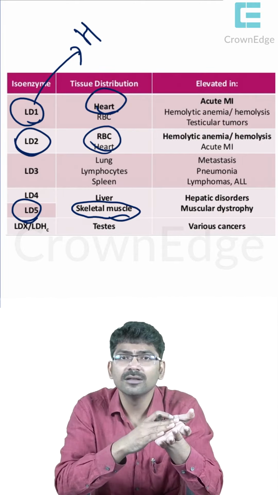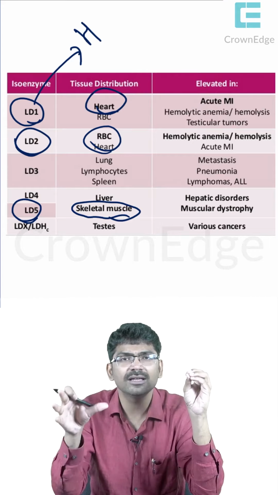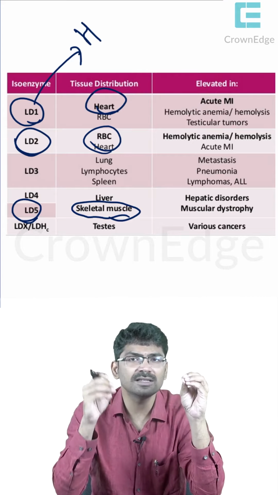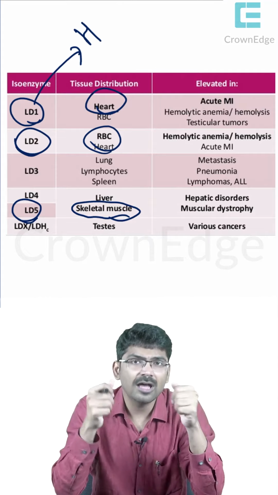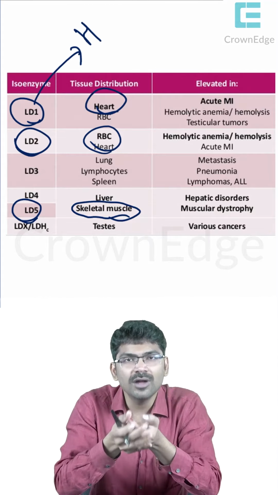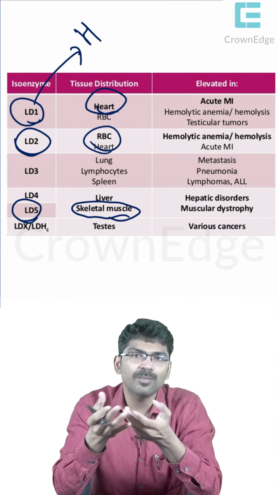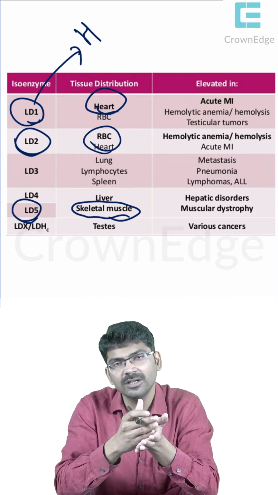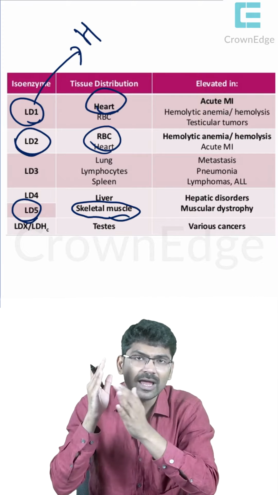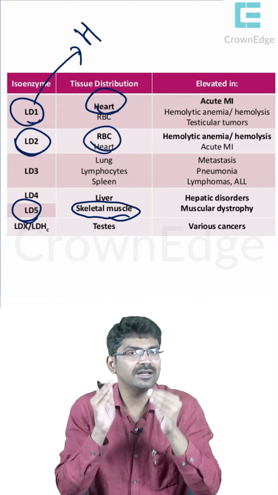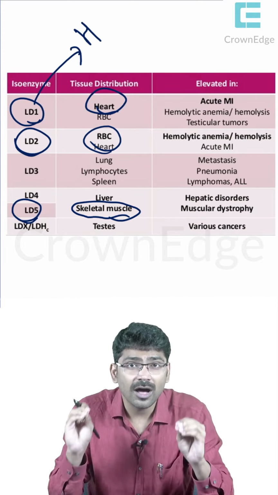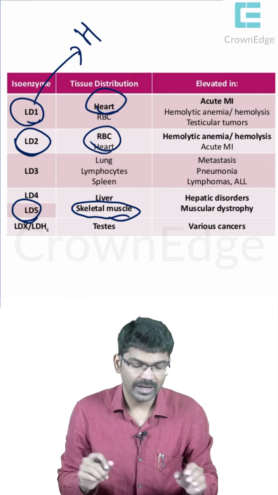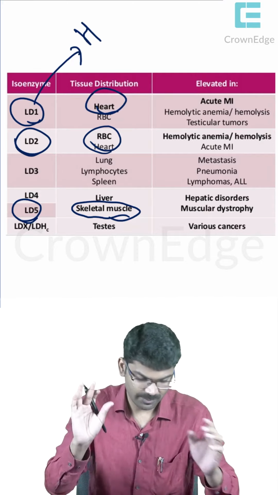In erythrocytes, glucose is converted to lactic acid only. We cannot produce acetyl-CoA in RBCs. Why? RBCs do not have mitochondria, so there is no pyruvate dehydrogenase enzyme at all. So we have to convert the pyruvate produced in glycolysis to lactate only, so we need lactate dehydrogenase enzyme in RBCs. Clear? So, LDH2 is present in RBC.